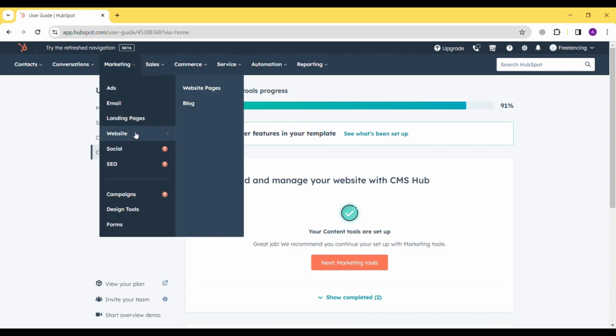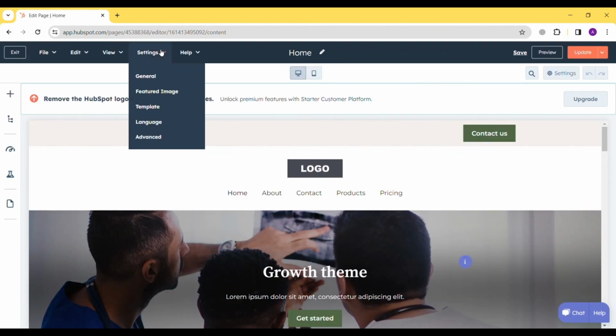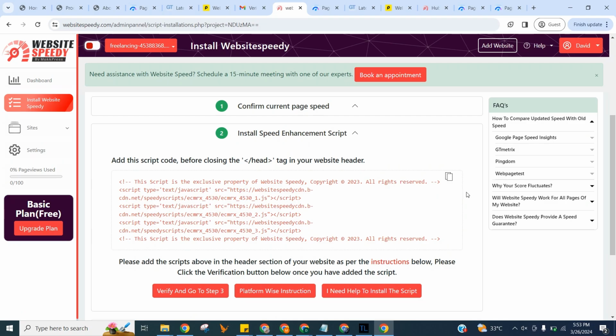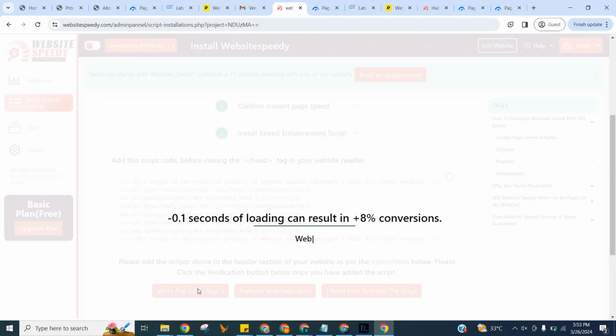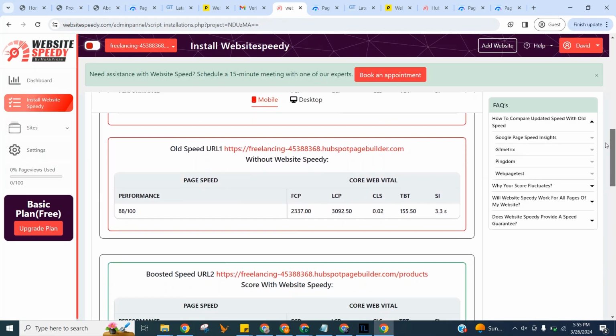Go to Website Dashboard, hover over Website, select the website pages and edit, navigate to Settings, go to Advanced and paste the script in the head HTML and update. Once you add the script, click Verify, and to proceed to step 3, let's check the updated speed here of the